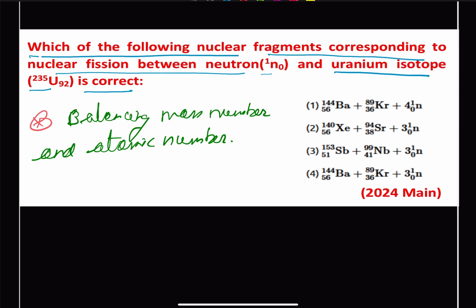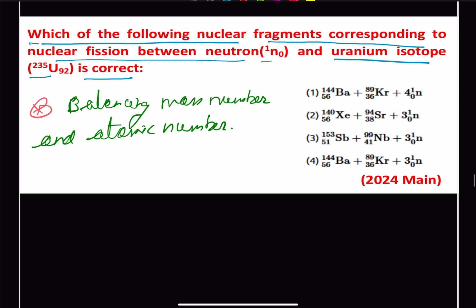And on the left side will be our fission between neutron and uranium isotope. So we have uranium 235, 92, plus a neutron, 1, 0,